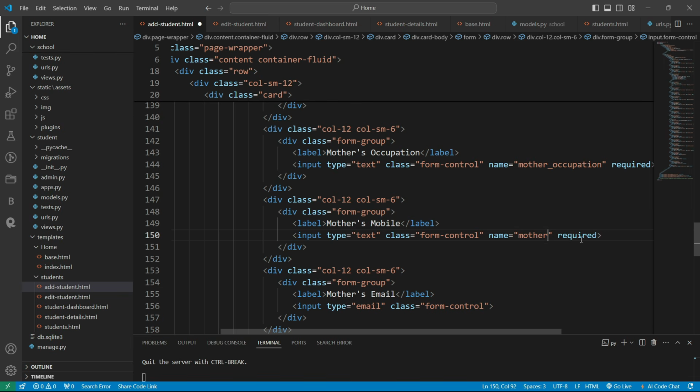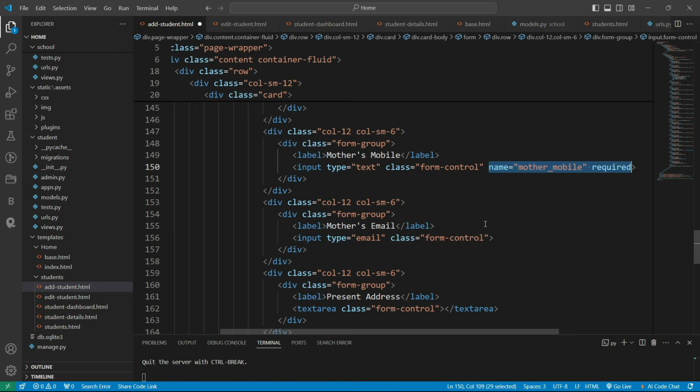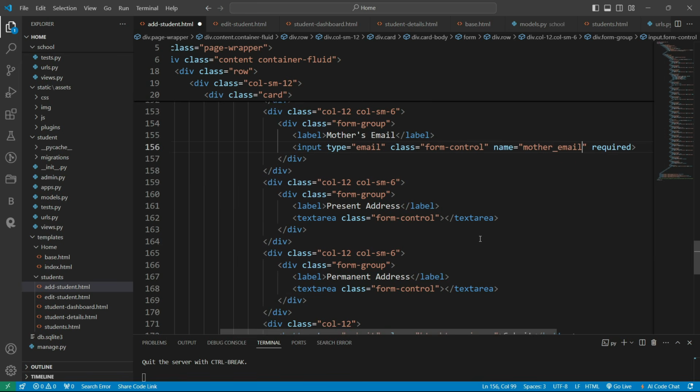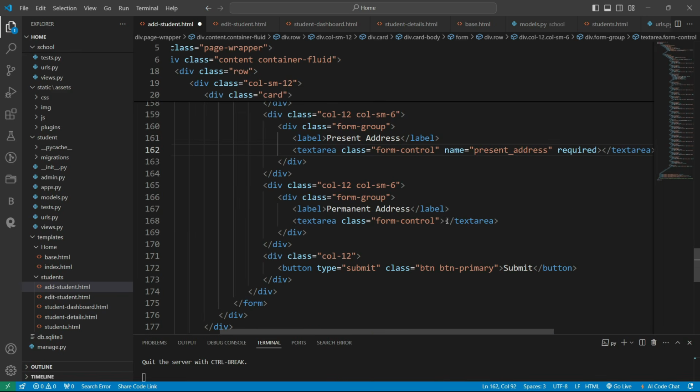Right here mother mobile. I am again copy this and paste it here. Okay, so there is also a mother email. So let's make the changes, mother email. After that, there is a present address. So here define present address, and on the last there is also a permanent address. So let me define it here, and here we write the command permanent